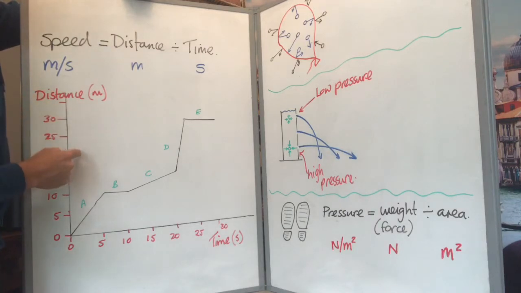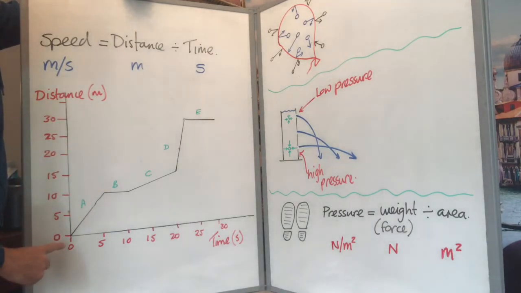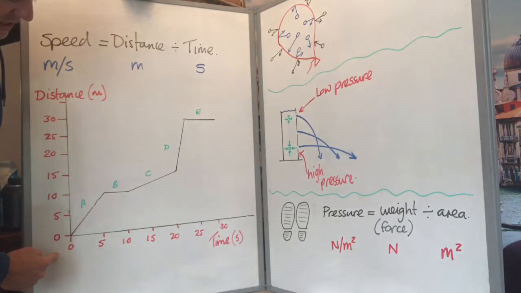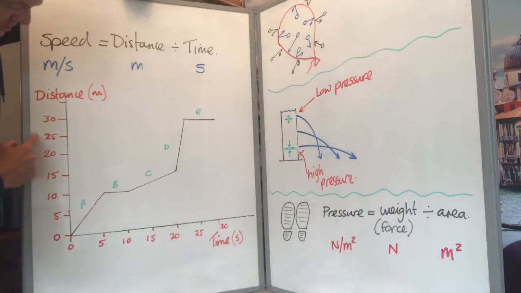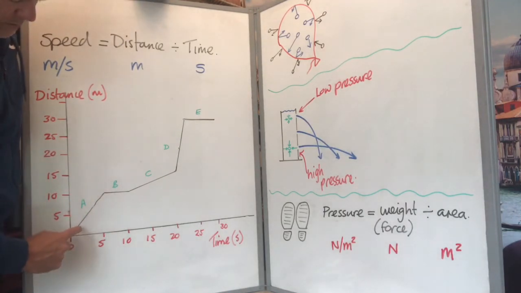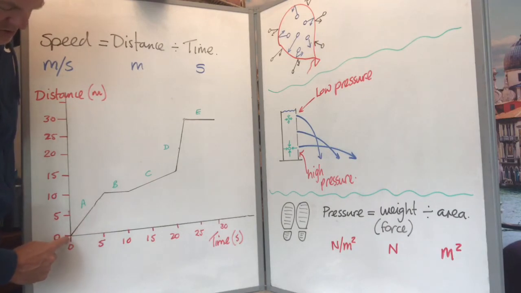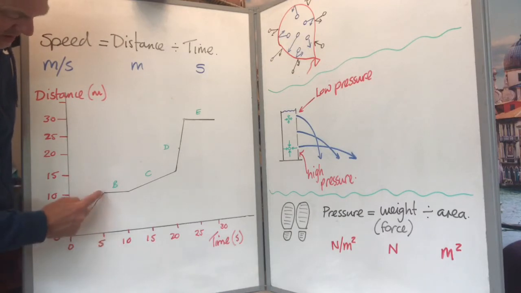We can plot a journey. Say we're going out for a walk here. Distance is the vertical scale, time is always the horizontal scale, equal steps. Okay, so we plot the journey. So we start off at 0 meters at 0 seconds, and then we travel for 5 seconds and we move